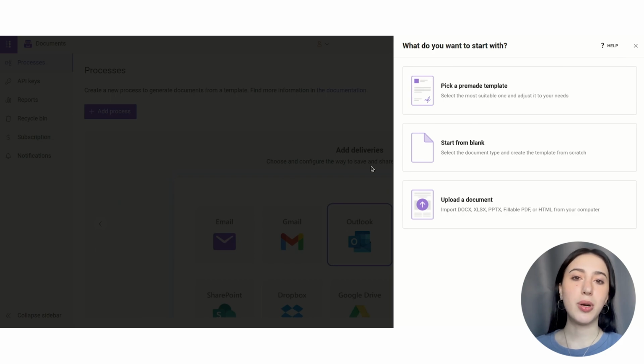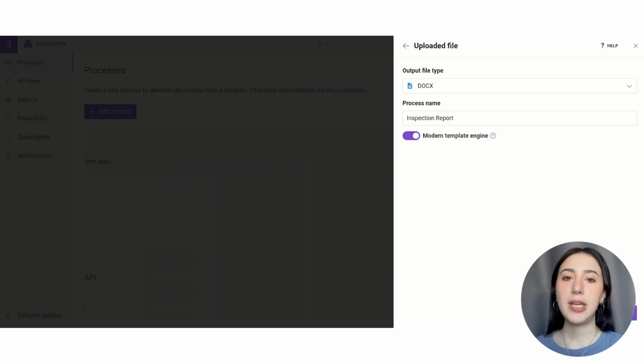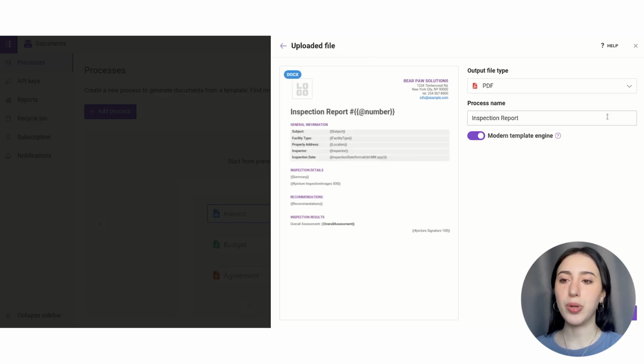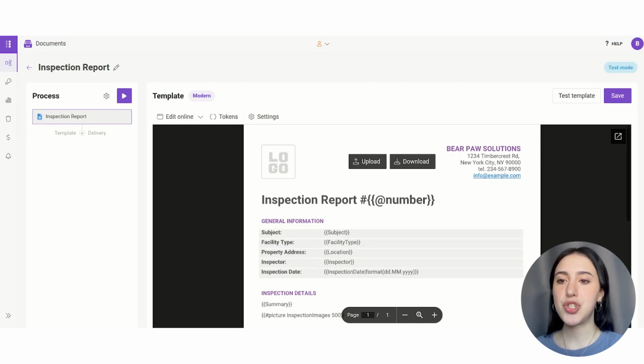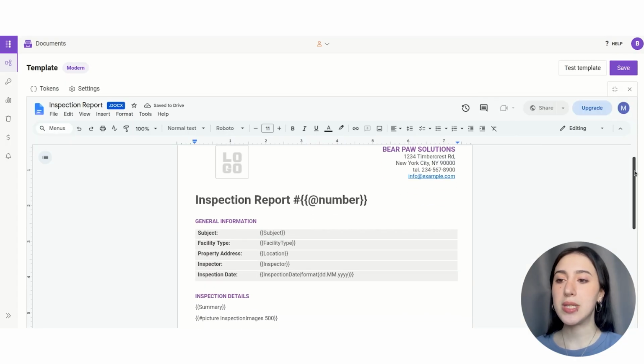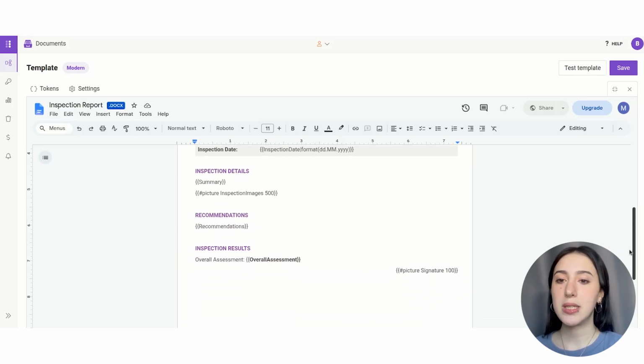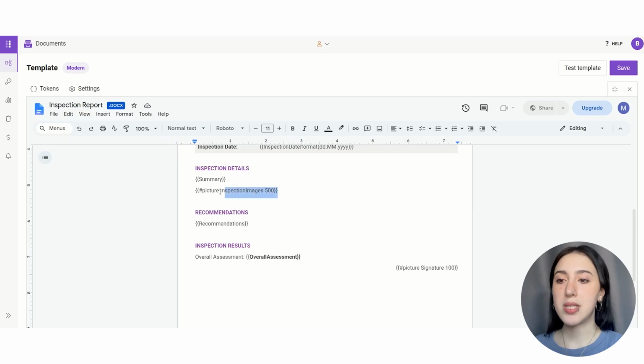You can start from a blank template, use a pre-made one, or upload your own. In our case, we have our file ready, so we're gonna just upload it and jump straight into the editor. Once that loads, as you can see, we have a bunch of tokens, and most of them simply reference fields from our SharePoint list. The image fields, however, as you can see here,